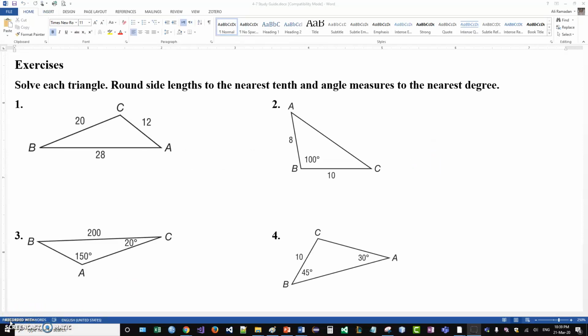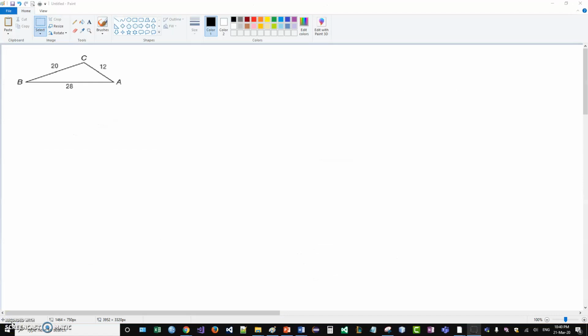Let's do some exercises. Solve each triangle, rounding side lengths to the nearest tenth and angle measures to the nearest degree. Exercise 1: we have triangle ABC with three known sides. We don't have any of the angles, so this is a case of SSS, and we're going to use the law of cosines to do this. Let's start with angle A. So we would say a squared